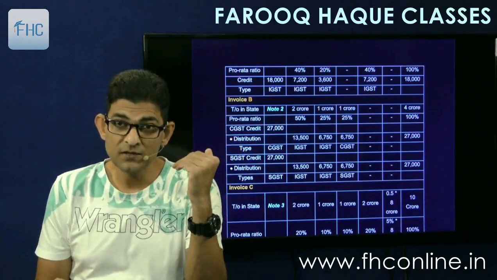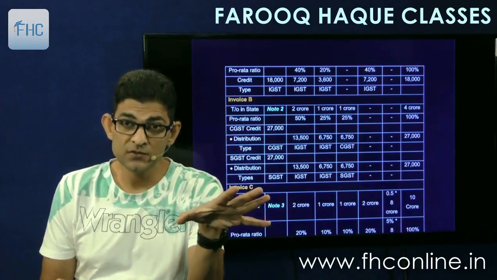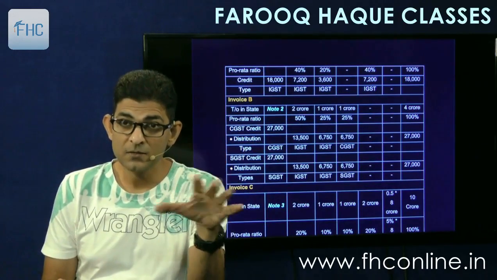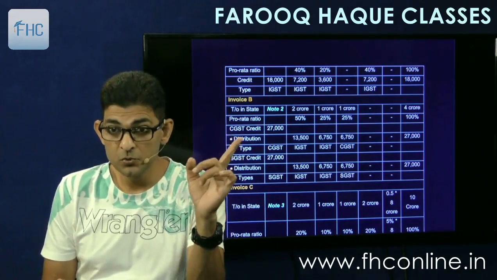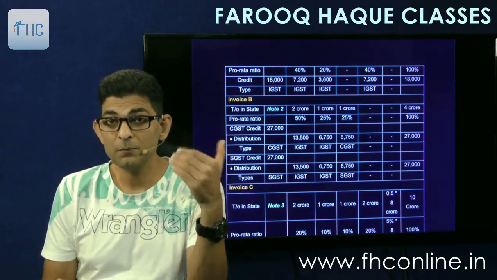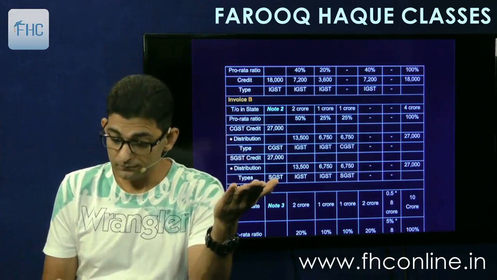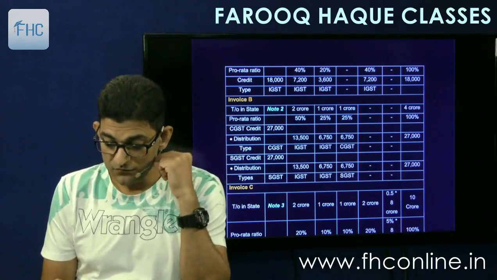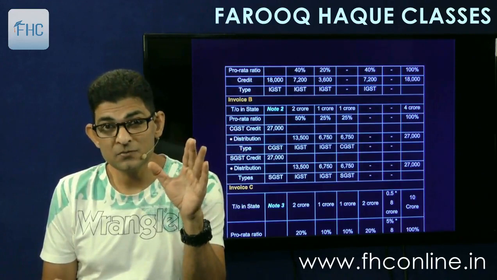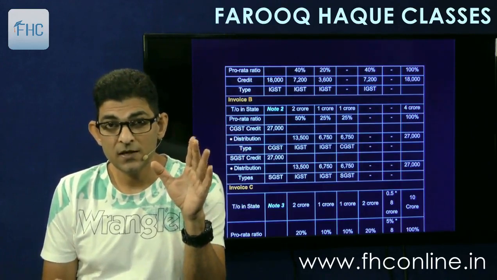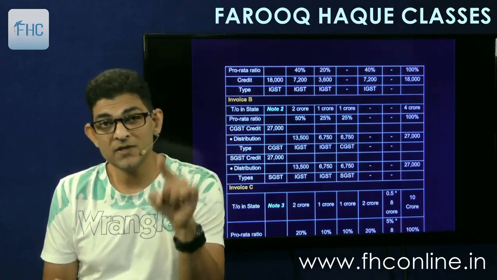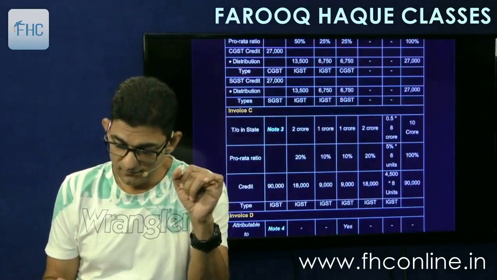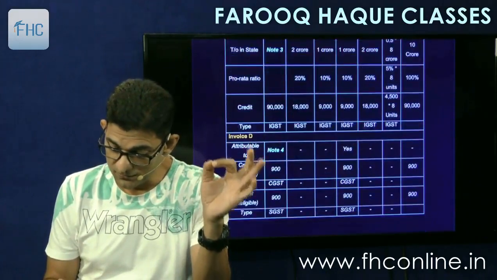The different invoices are given and who are the beneficiaries of these invoices. So in some cases only one beneficiary, in some cases some of them, and in some cases all of them. So the distribution will be done on the basis of the proportion of turnover in the last financial year. And if it is CGST and it is in the same state, it will go as CGST. If the state changes, then it will go as IGST. So that whole example is given there. Very interesting example. You must read it very carefully.